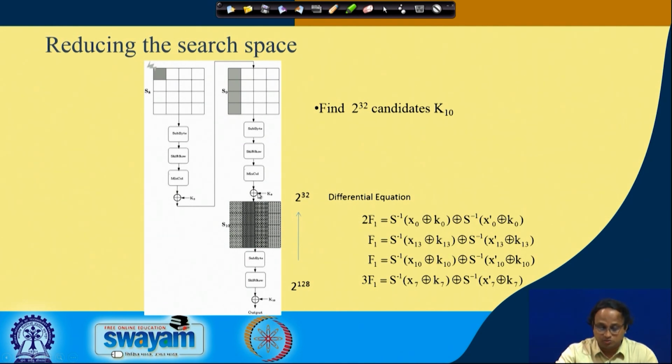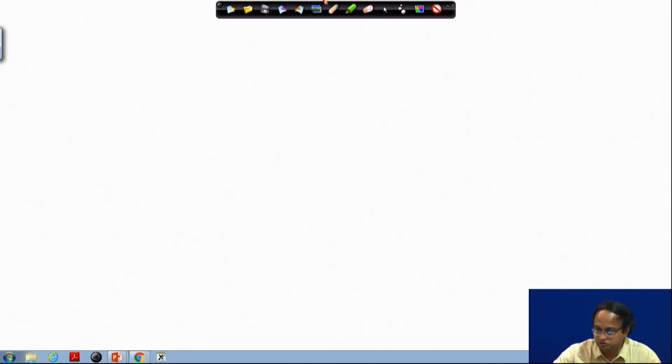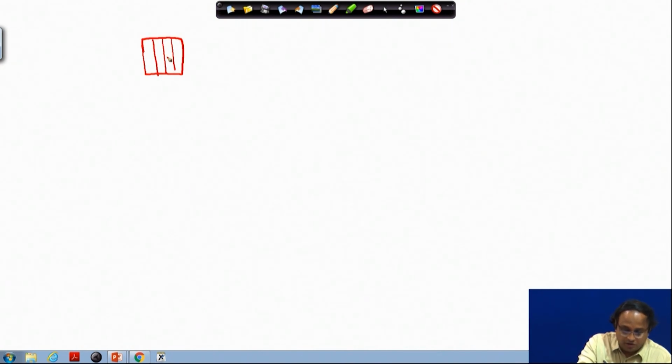What we now want is to work backwards and go to these positions, and exploit the relationships among these key bytes and reduce them further. So, in order to do that, let us redraw this picture and see how the equations work. In particular, imagine that this is the fault that you had already